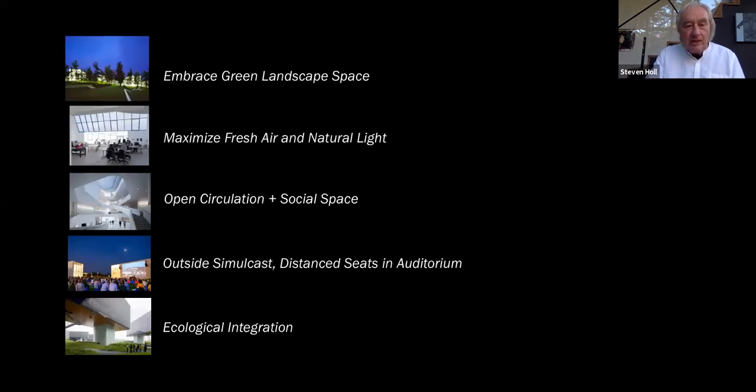So I've just organized these projects under these topics: embrace green landscape space, maximize fresh air and natural light, open circulation and social space, outside simulcast, distance seating in auditoriums, ecological integration. And the first project